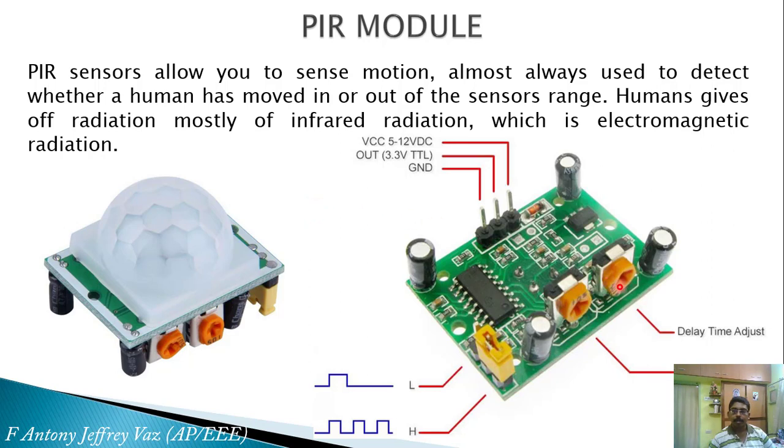If you make this preset too low, it will make a pulse like this and get switched off, even though the person is standing here. The module will not give any other value till the person moves in the room. If he moves again, it will give another pulse and get switched off. If you need a continuous pulse, you need to make this low, and if the person is standing there, it will make a continuous square pulse, or a continuous high signal can also be made.